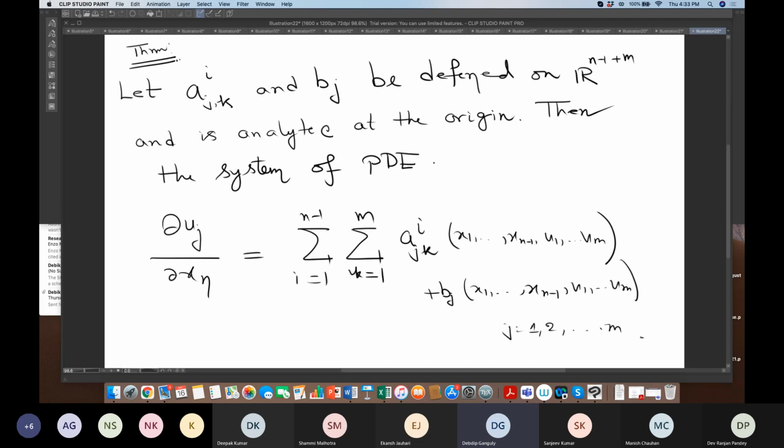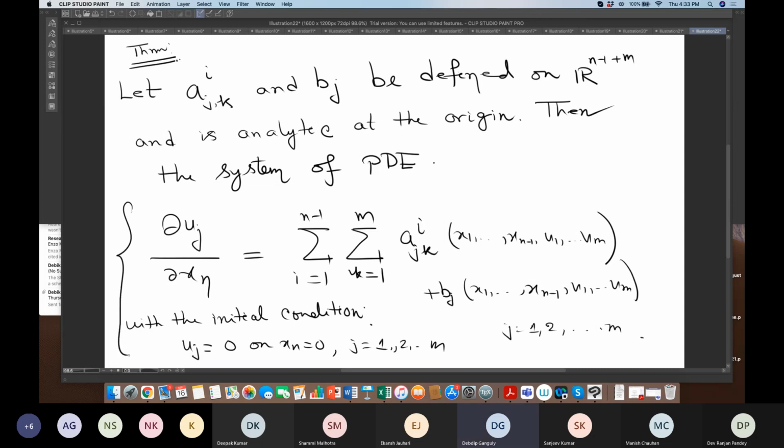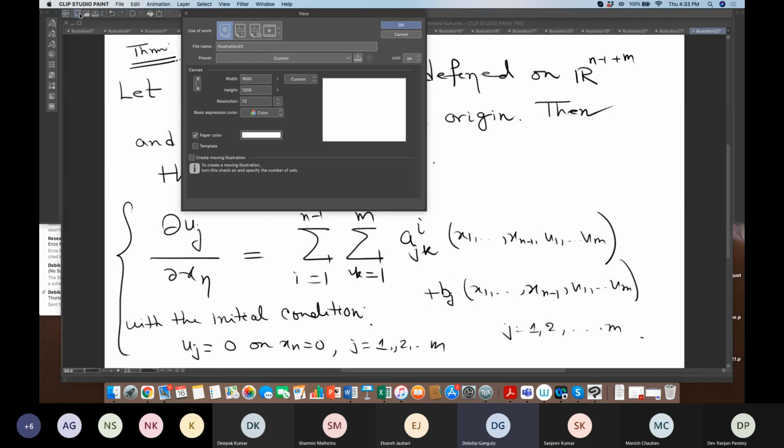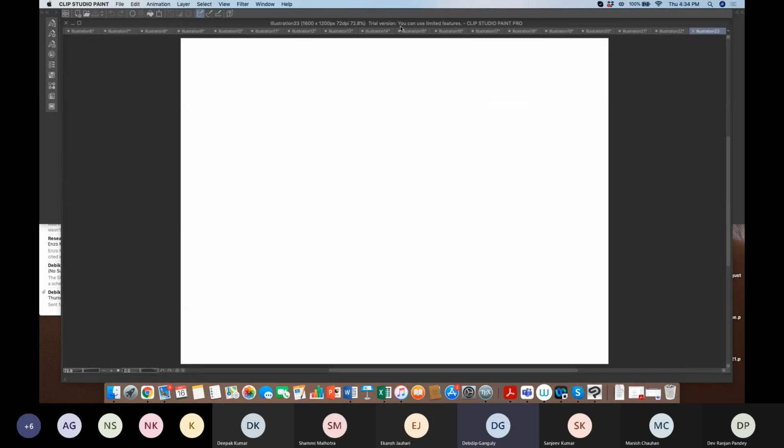This system of PDEs, ∂u/∂xn equal to summation a_ijk, with the initial condition u_j equal to 0 on xn equal to 0, for j equal to 1 to m. It's trivial, right? So I take the initial condition xn equal to 0, that is the R^(n-1) plane, where all the u_j are 0. This is a system of ODE. Given that a_ij and b_j are real analytic, I say that it has